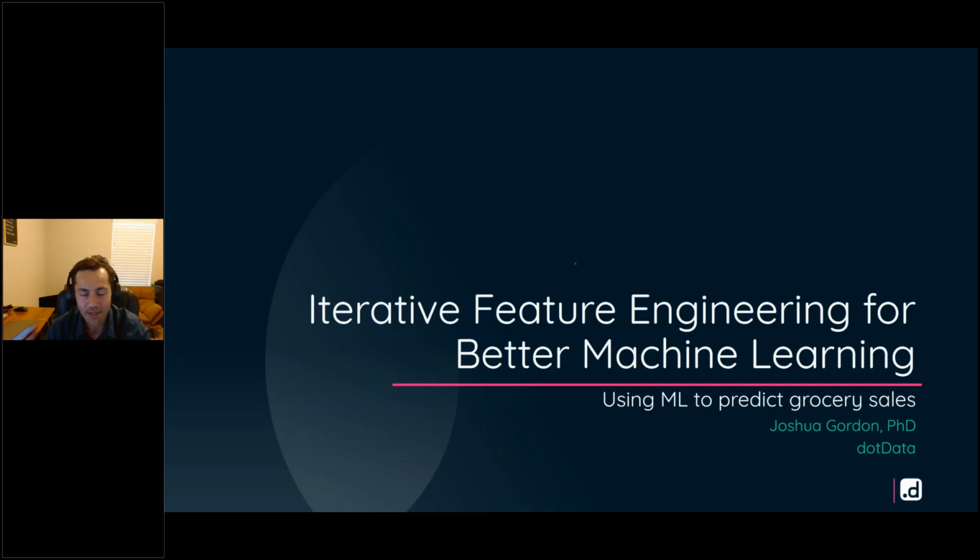In this talk, I'm going to assume that some people know about feature engineering, other people don't. So I'm going to provide some basic framework for understanding where feature engineering fits in the entire end-to-end machine learning process. And to explain and give you some ideas about how you can adapt this to your own work, I'm going to go through an example using a real data set provided by the Kaggle website